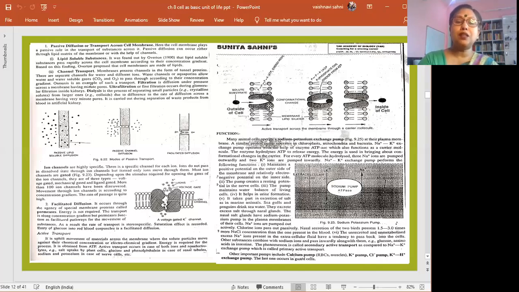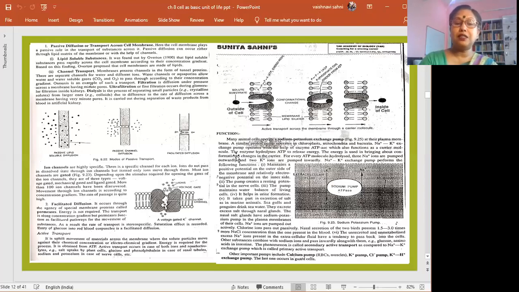One more thing, sometimes we use a very special one, like the sodium potassium exchange pump. This is again a very important method of transportation through the cell membrane. Now, the cell membrane contains certain charges, positive and negative. Different minerals can be there: negative like chlorine, positive like sodium, potassium, magnesium, etc. They get exchanged according to the concentration gradient, and when they exchange, they help in the transportation.